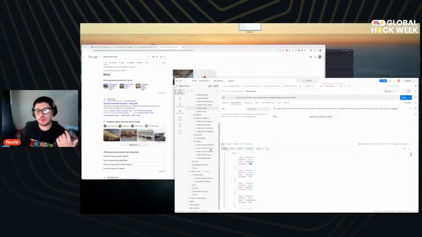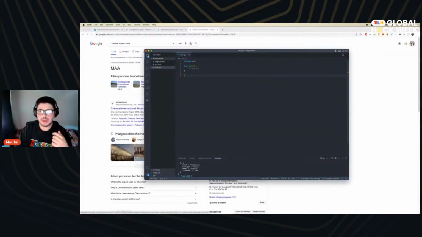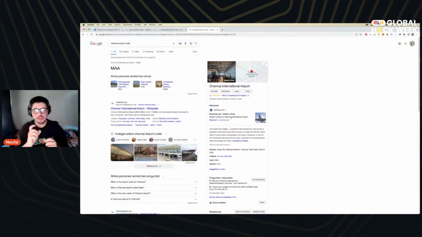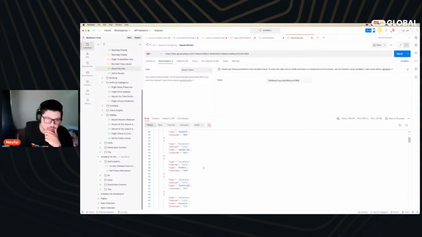Let's say you have a website and the user just puts they want to go from Barcelona. You can have in the background some checking, just a map or something, just to turn Barcelona into BCN, because that's how you're going to make the request. So it's not a big deal at all. So okay, you have 66 and location Kudapa,